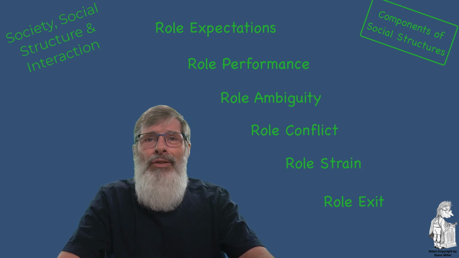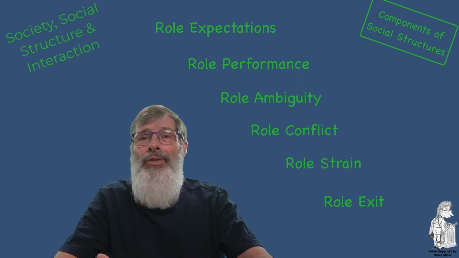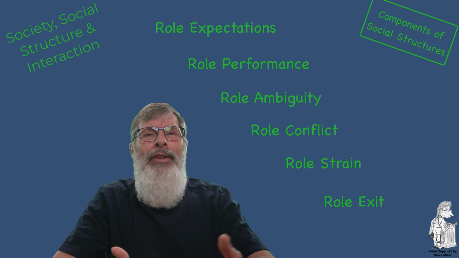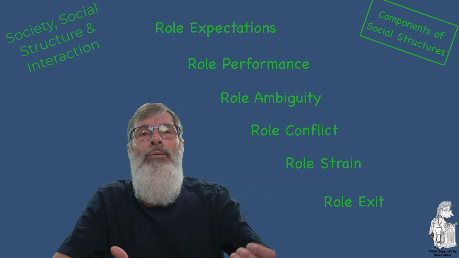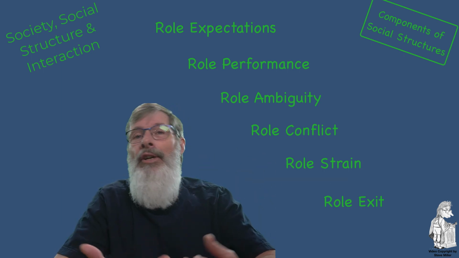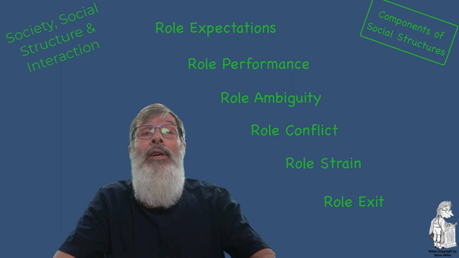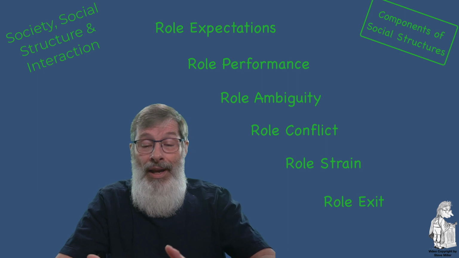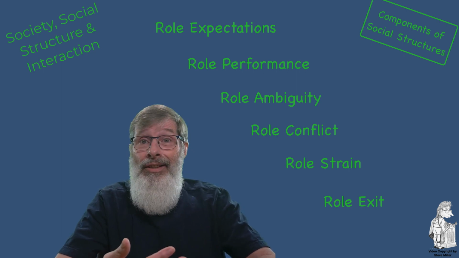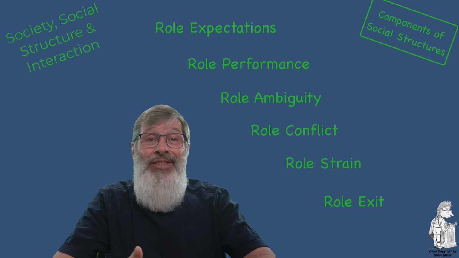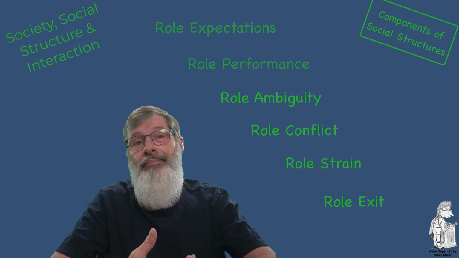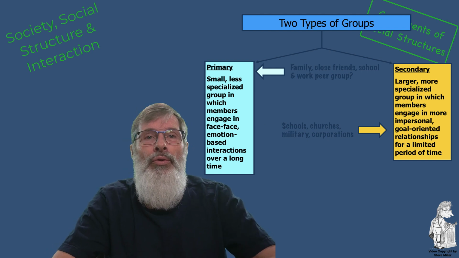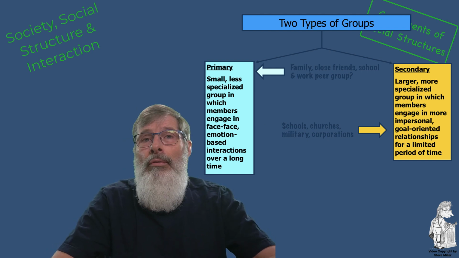There are four stages of role exit. First, there's doubt. Then we search for alternatives. And then there's a turning point, a point by which we've made a decision, and we create a new identity, which is our fourth. Given our roles and status, we will at times experience role ambiguity, role conflict, role strain, and sometimes role exit. Now, the last element that we'll look at in terms of social structure will be groups.